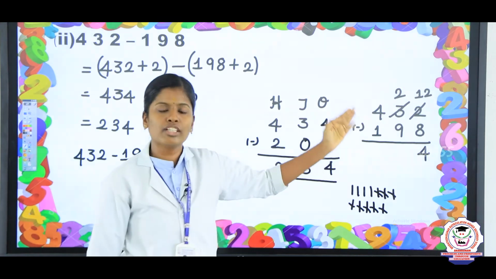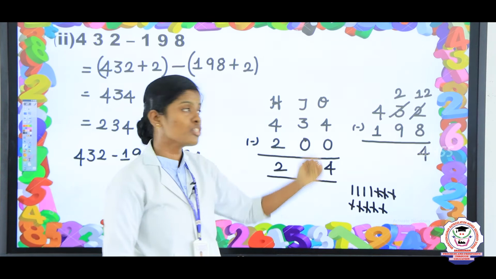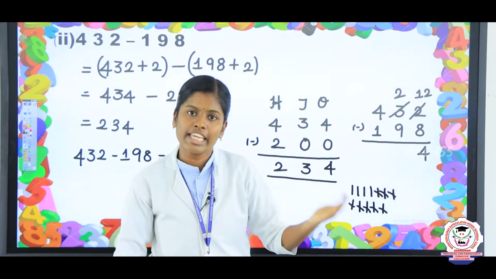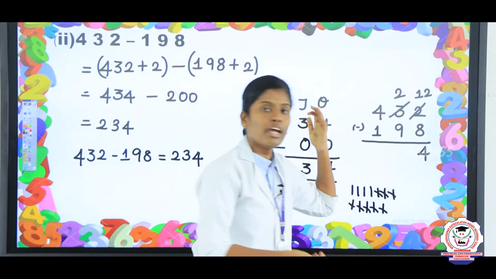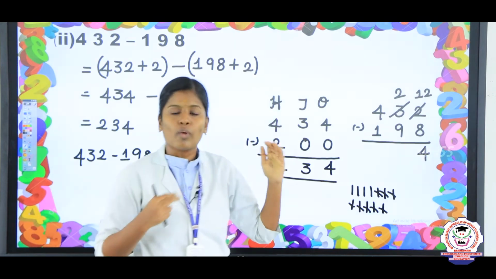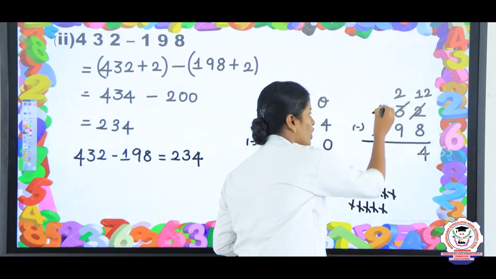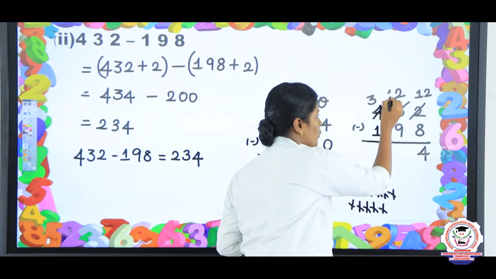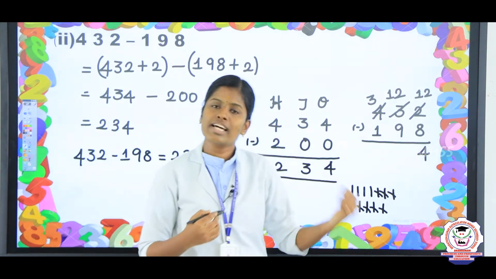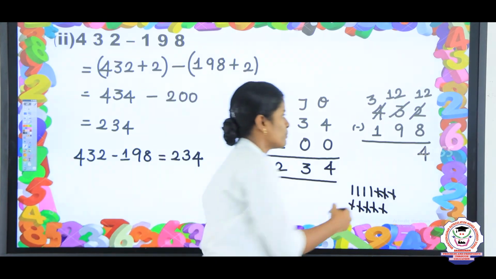Next we are going to take 2 minus 9. 2 minus 9 is also not possible. Why? Because 2 is the smaller number and 9 is the greater number. Here too we are going to borrow from the number before. The numbers before are 4 and 1. So this 400 will change into 300, and 2 will change into 12. Now we are going to subtract 12 minus 9. So what is the answer? 12 minus 9, the answer is 3.